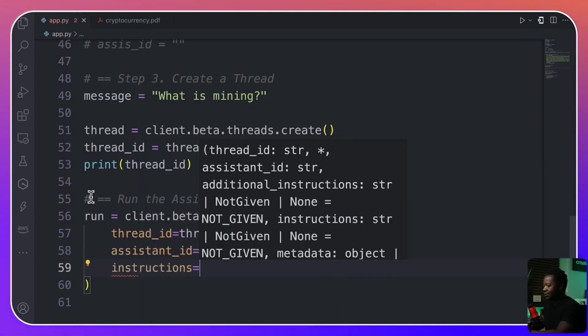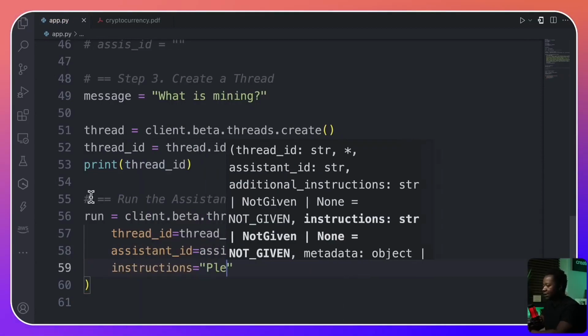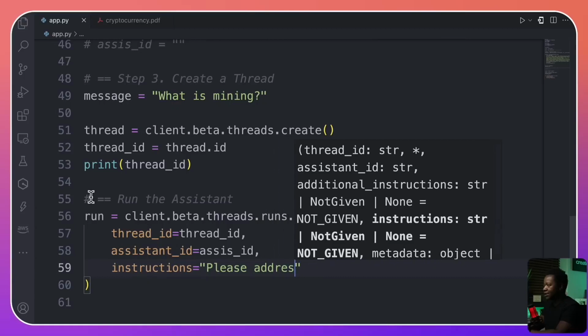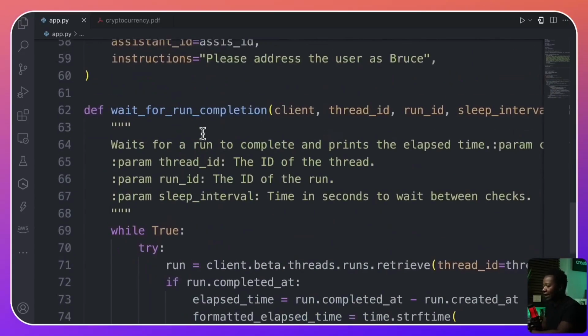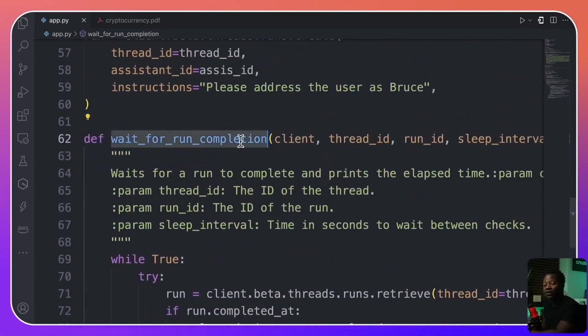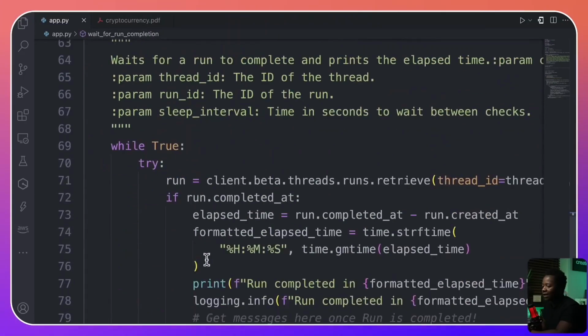And instructions, I can just put something here that says please address the user as Bruce. I'm also going to go ahead and pull in this wait for run completion. We've seen this before, so no need for me to go through. The idea is that it's going to go ahead and wait for